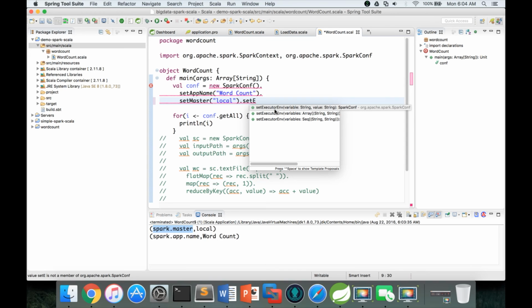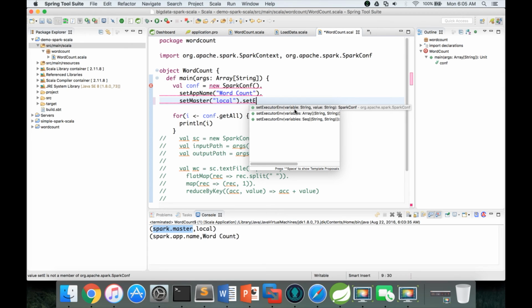If you need to understand what an executor is, when we submit the program, the program will be executed by the executors themselves. So an executor is nothing but a JVM, and within the JVM the tasks will be executed. If you want to control anything with respect to that executor, you have to use setExecutorEnv, and here also it takes two arguments, one is key and one is value.